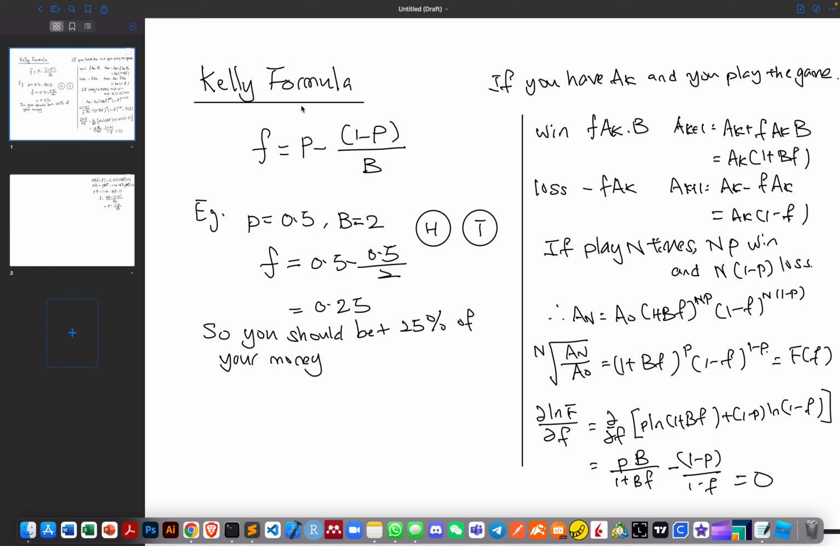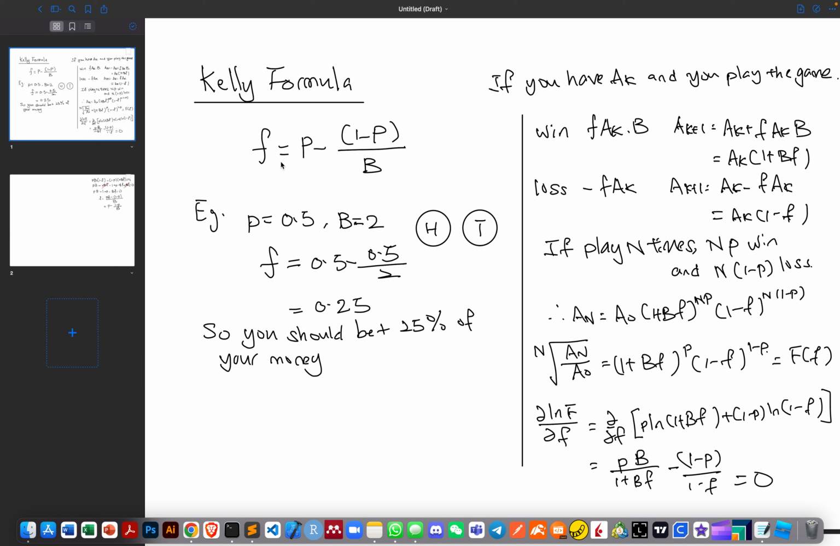Kelly criterion was developed in 1956 by an American scientist, John L. Kelly, who worked as a researcher at AT&T's Bell Labs. Kelly criterion is popular because it typically leads to higher wealth in the long run compared to other types of strategies. The formula for Kelly criterion is very simple, as shown here,